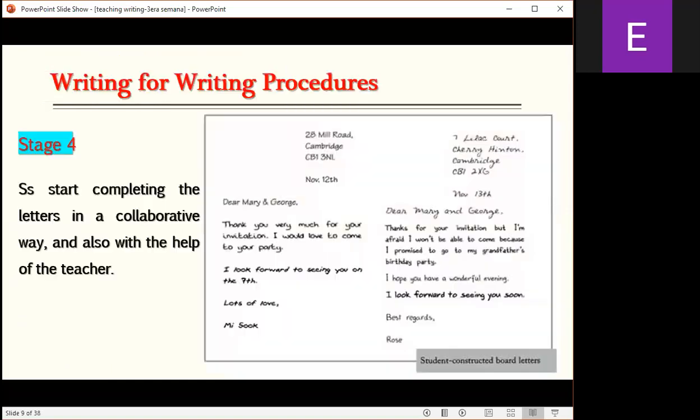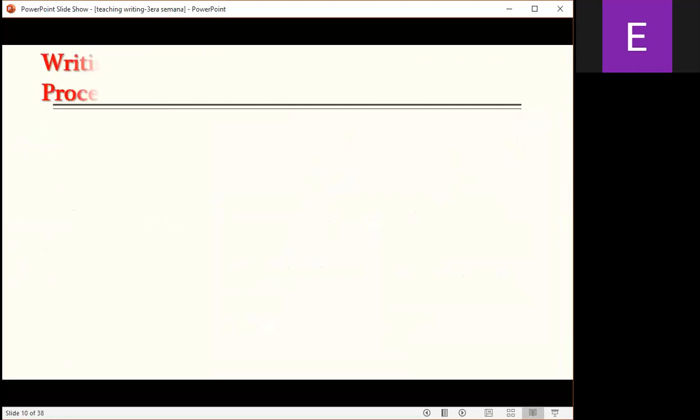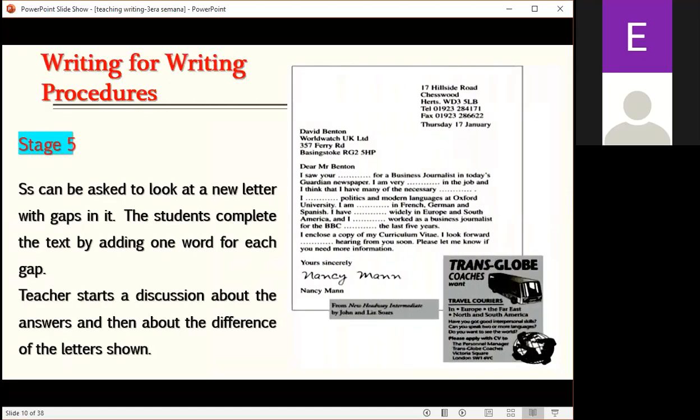Notice here the difference. In the first letter, we have just one address. But in the second letter,